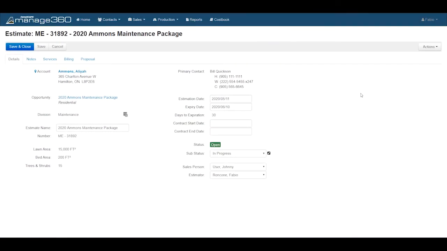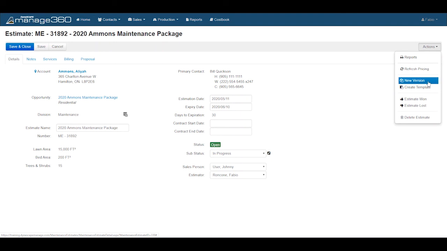Now, new version. The new version is very nice. If I give this to the customer, and they say, oh, what if we change the mulch, or what if we don't take that service, or we don't want that service? Again, you can easily change that in here. But if you wanted to keep that original estimate around, then the new version allows you to create another one,